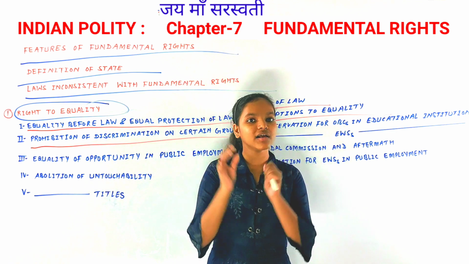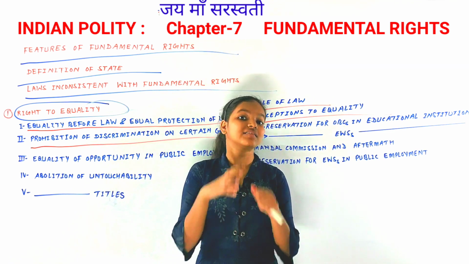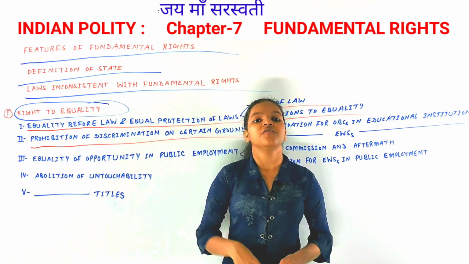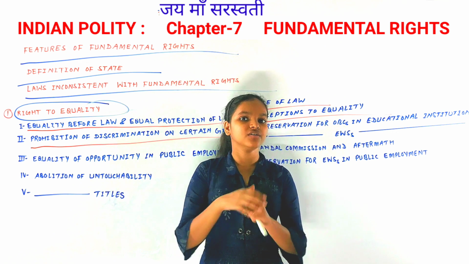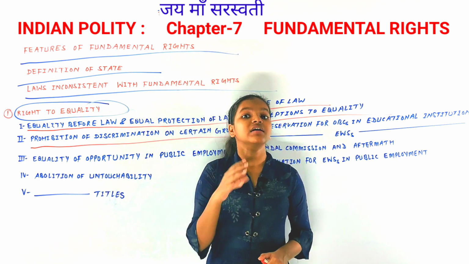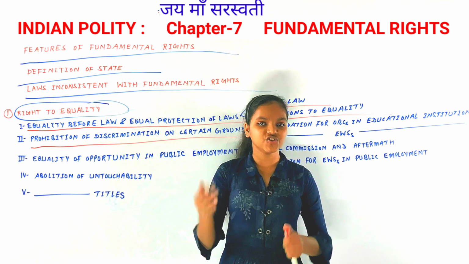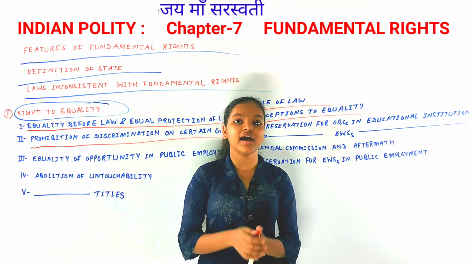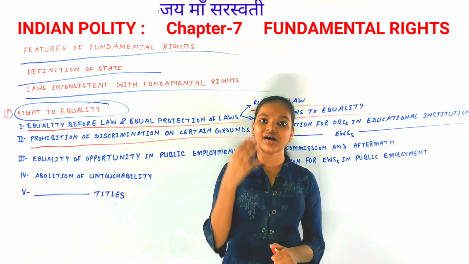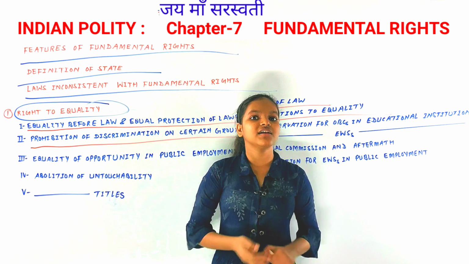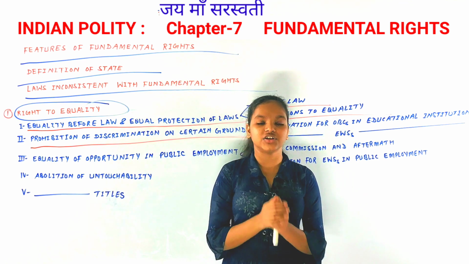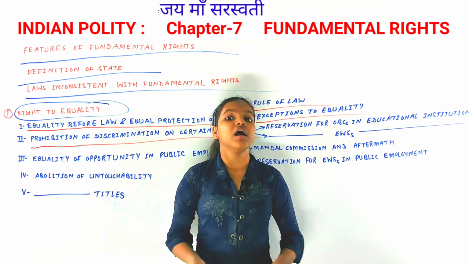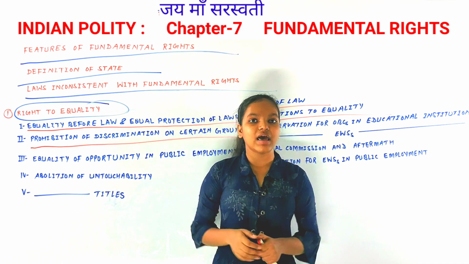So Article 15 prohibits discrimination on certain grounds, and there are some exceptions to it. First, the Parliament of India can make laws for the advancement of women and children. Second, the Parliament can enact any law in favor of the advancement of socially or economically weaker sections, scheduled castes, scheduled tribes or other backward classes. And third, the